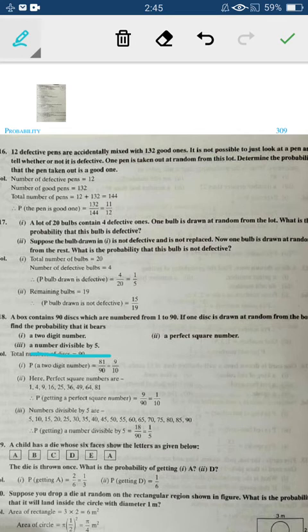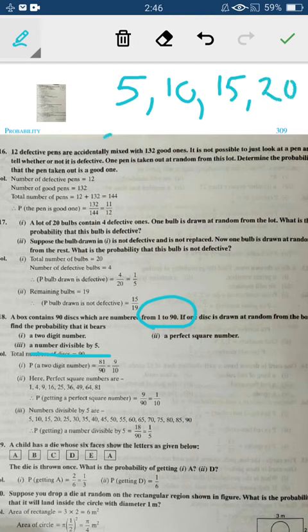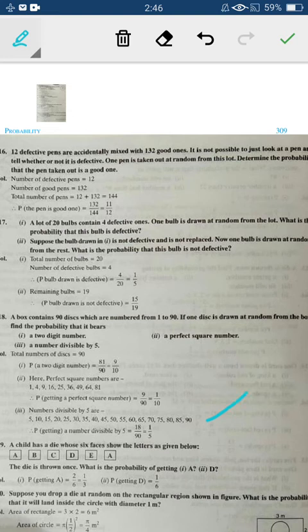So what are those numbers which are divisible by 5, but it should be from 1 to 90? Please mind it. So first number is 5, then 10, then 15, then 20, then 25 and so on till 90, right? So how will you count these numbers? It is written here 5, 10, 15, 20, 25, 30, 35, 40, 45 and so on till 90. Once you count these numbers, you will find there are total 18 numbers which are divisible by 5. So the probability of a number divisible by 5 is 18 divided by 90. So the probability is 1 by 5.